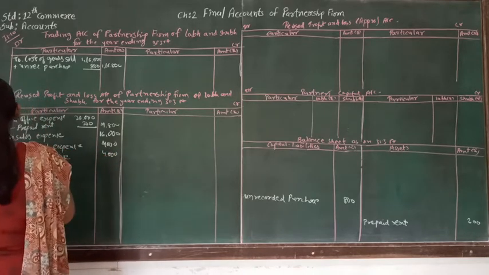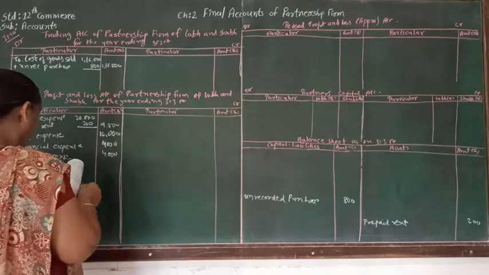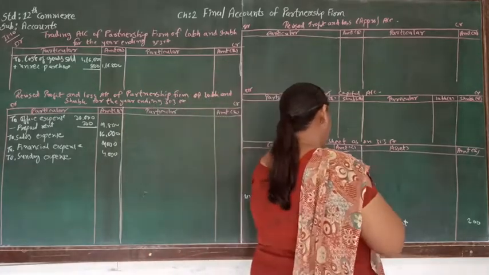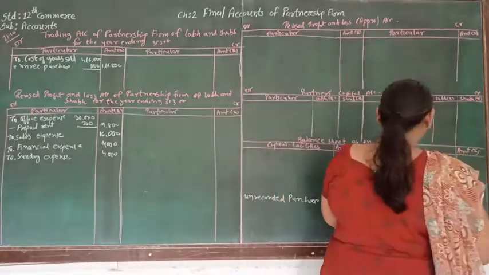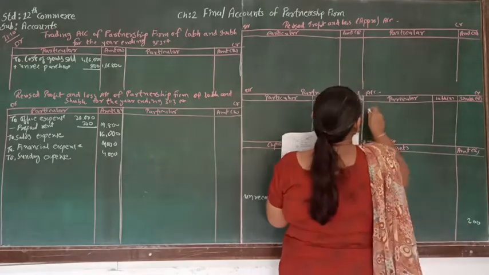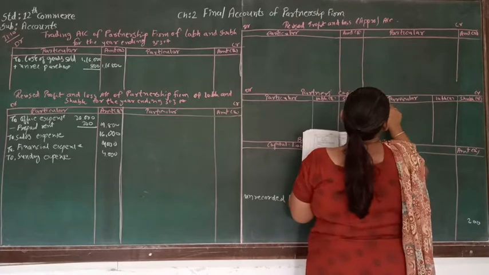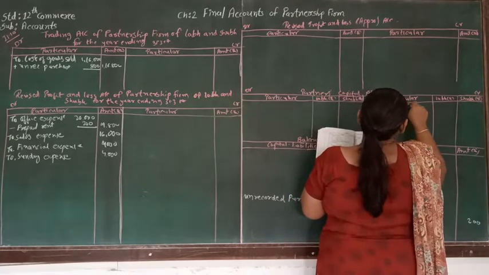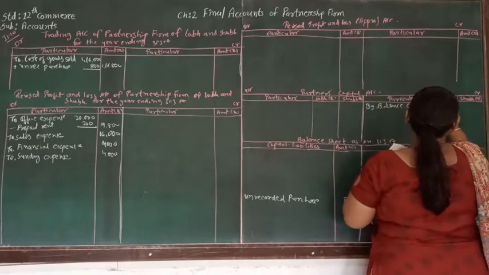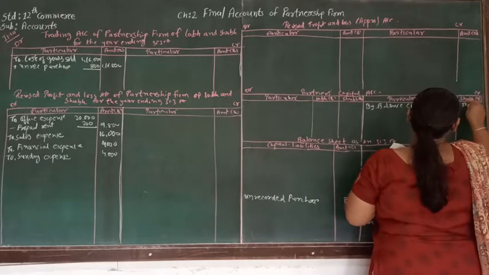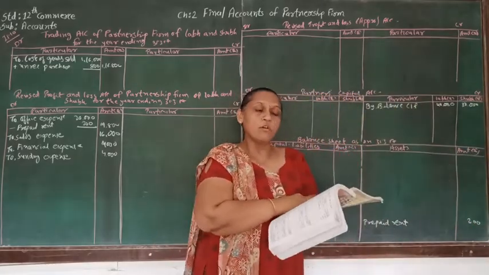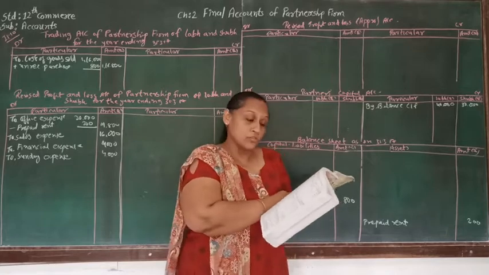Afterwards there is the capital. Capital is supposed to be written on the credit side of the capital account, so we are going to write down 40,000 and 30,000 by balance carried forward, that will be 40,000 and 30,000. Profit is given to us, but this profit we cannot consider as net profit, so we are going to prepare the profit and loss account, then we are going to add it.